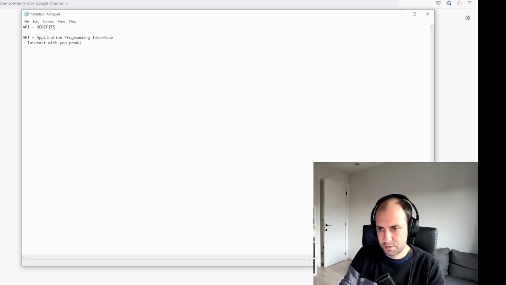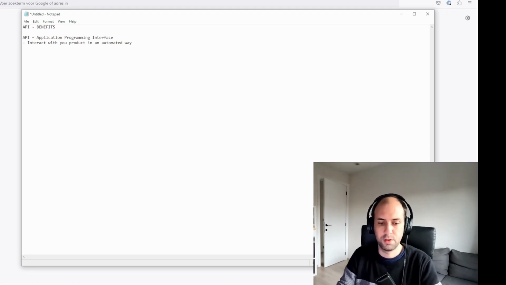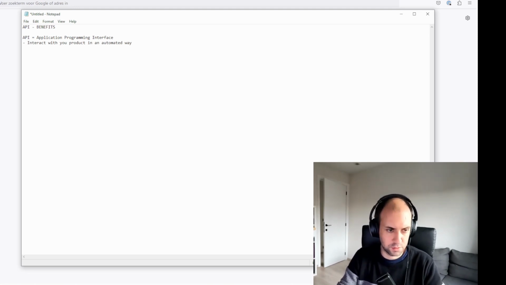So not through a GUI, graphical user interface, a browser, or a desktop application, or an iOS app or Android app. So automated through using any kind of programming language.